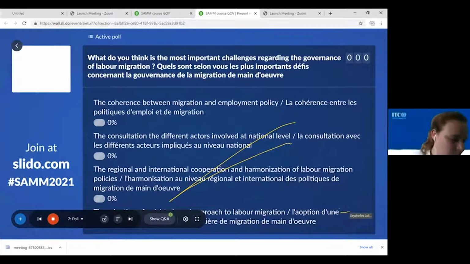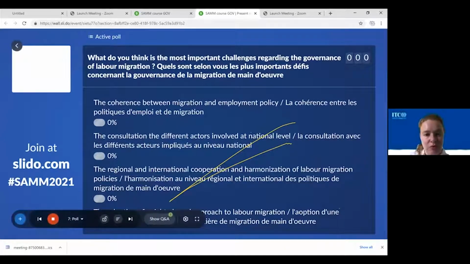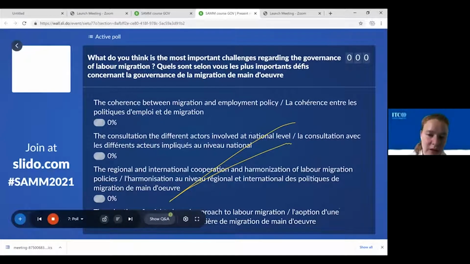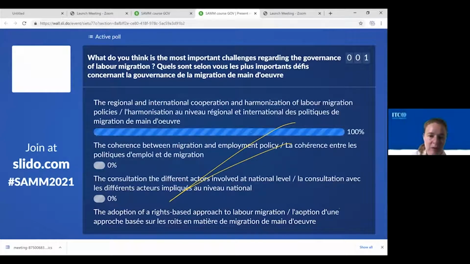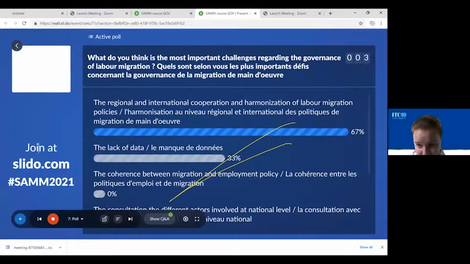All right. So now let's go back to the trail. So what do you think is the most important challenge or challenges regarding the governance of labor migration in your own national or regional context? So really think of the closest challenges to you. So the coherence between migration and employment policies, or maybe the regional and international cooperation and harmonization of labor migration policies, the lack of data,